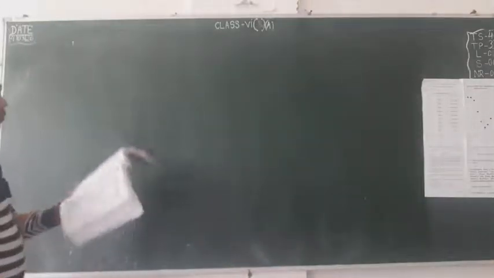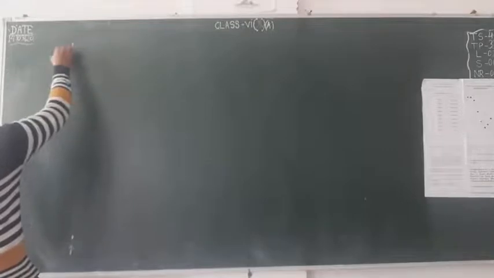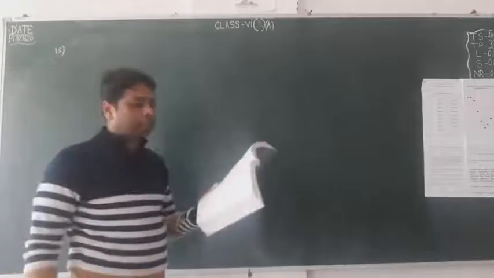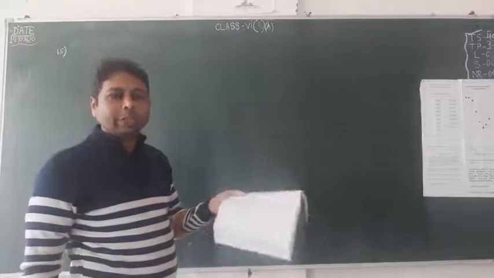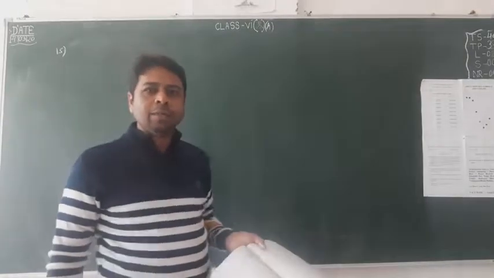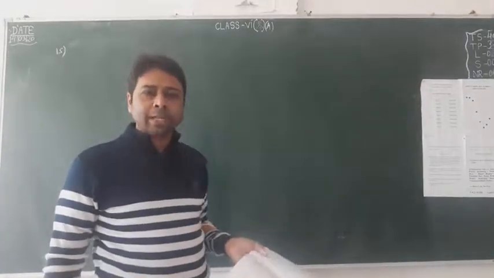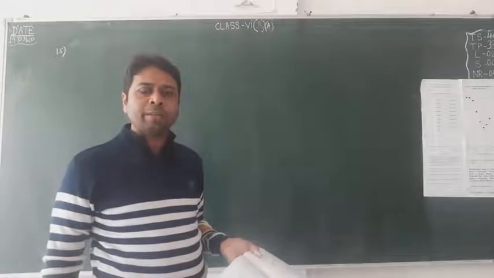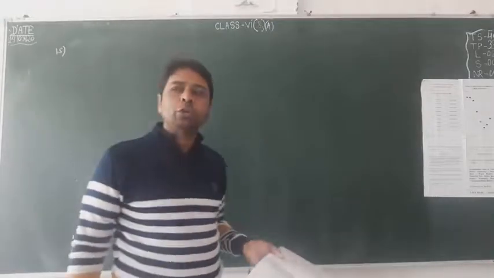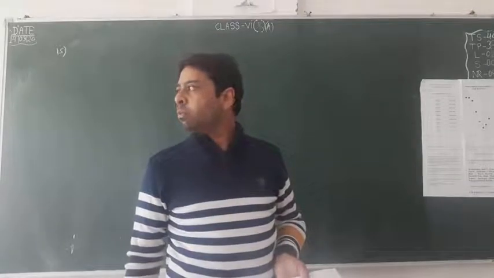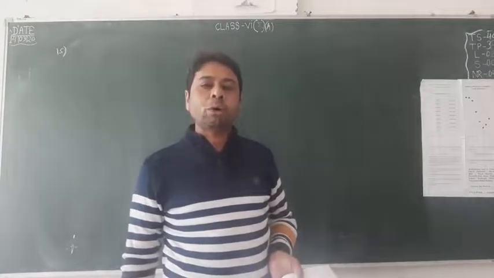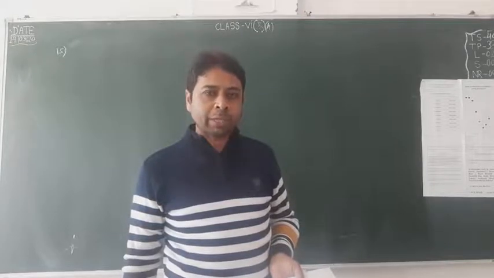Example number 15 I have. This is actually the question we have already done. Find the angle between the two lines. So it's actually not new in this exercise. Already we have seen this in the first and second exercise. I think we studied the angle between two lines. You should remember the formula. Angle between two lines is equal to what? Tan theta is equal to mod of (m1 minus m2) upon (1 plus m1 m2).